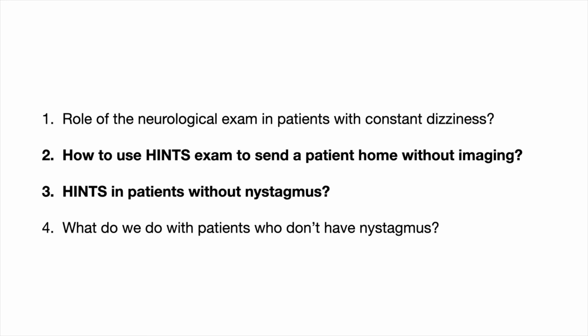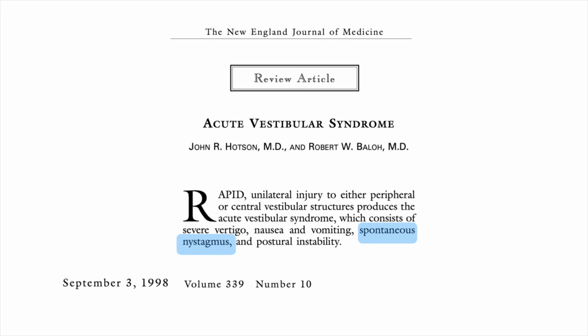How can we use the HINTS exam to send home some patients without imaging? And is there any reason to perform the HINTS exam on patients who don't have nystagmus? And to answer that, we need to go back to exactly what is the acute vestibular syndrome and how does the HINTS exam help us when we see these patients. The acute vestibular syndrome, AVS, was defined by Hotson and Baloh in 1998. It's an acute onset of vertigo, nausea and vomiting, postural instability, which means difficulty walking, standing, or even sitting, and